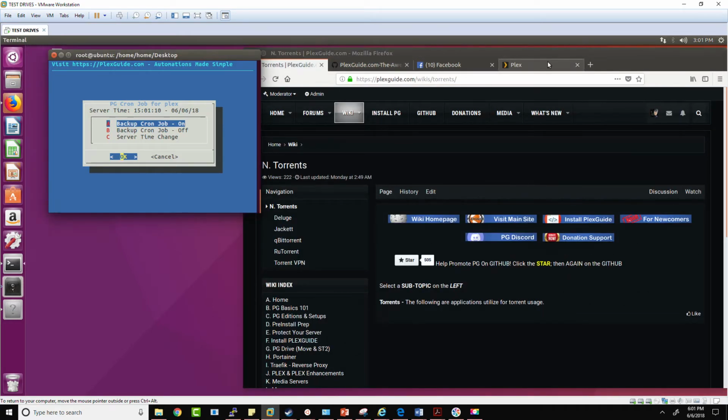Okay, we're going to go back to PlexGuide. But basically, you'll see the options and you'll be able to set it. But make sure you have enough space for the backup of your server, because if your server is conducting a backup and there's not enough space, it won't happen and it never uploads, and yeah, it's just kind of a bad day. So make sure in your NZB Git or torrent or whatever you're using, make sure you have enough